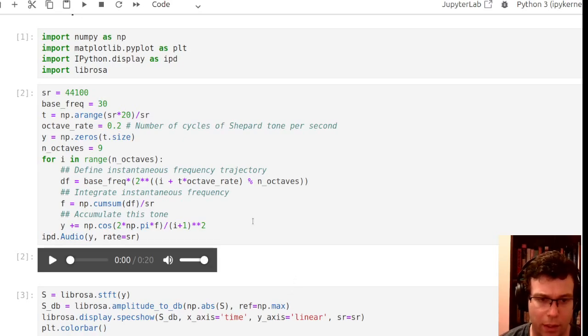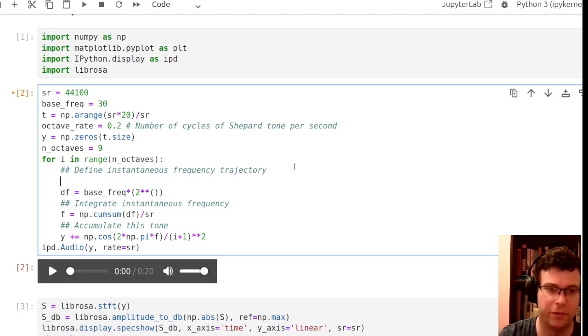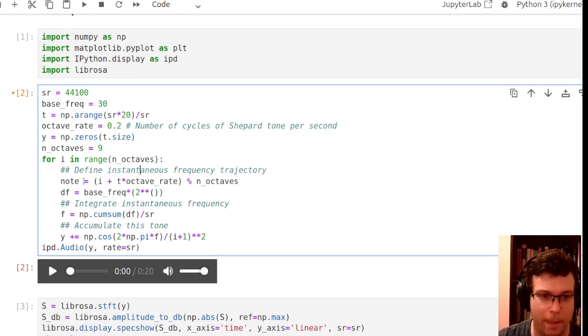Actually, I realized there's one little mistake I made here. I was trying to make it so that the high frequencies would be softer, and that's why I had the larger i dividing this. But eventually, the lower frequencies are going to turn into higher frequencies. So this really needs to depend somehow on the note. I want higher notes to be softer, so I'll call this octave. What octave am I in? And so really, instead of i down here, it should be octave,